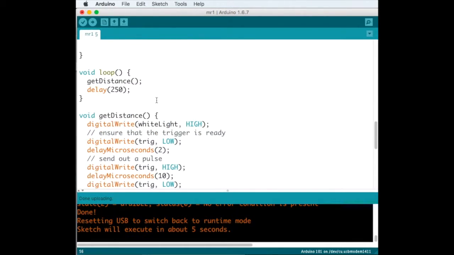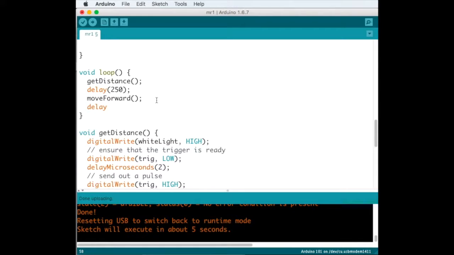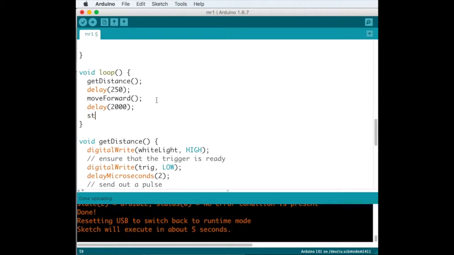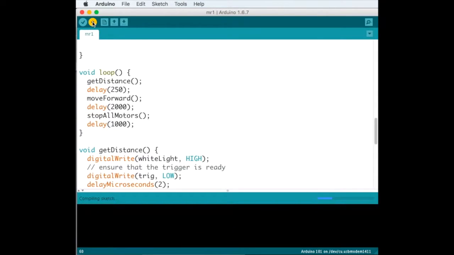So we've got the get distance function, we've got a delay of 250. Then we say move forward, and then we'll have a delay of, let's just say, 2 seconds. And then we'll say stop all motors, and then we'll have a delay of 1 second, and let's see, hopefully I haven't got any errors. My robot's plugged in. I'm going to load it up into the script